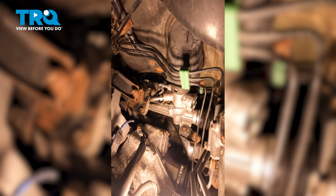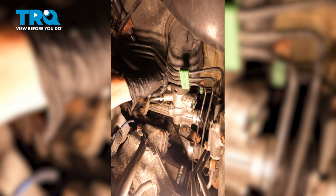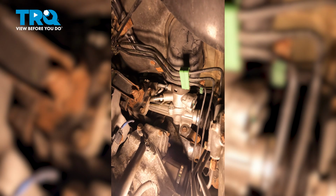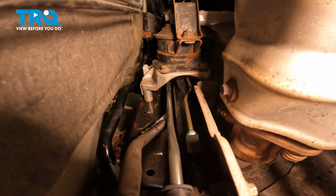Let's get that line aligned with the rack. Start in the fitting by hand so you're sure you are not cross-threading it into the wrong position. There we are. Once you have the line slid in between that mount and the power steering rack,